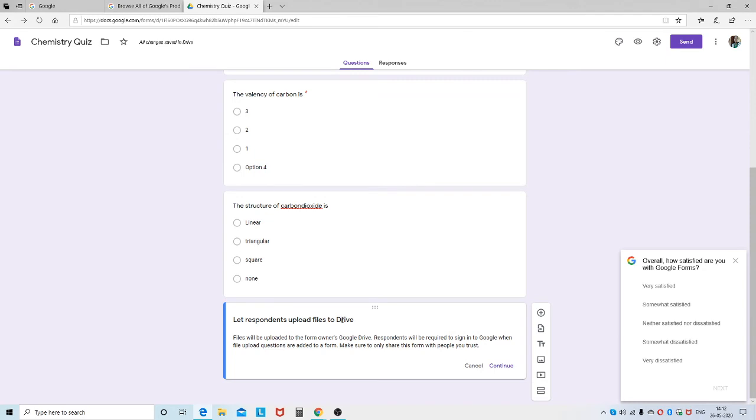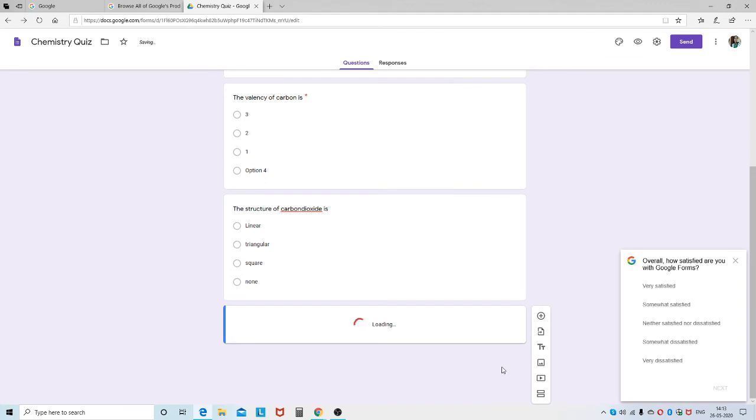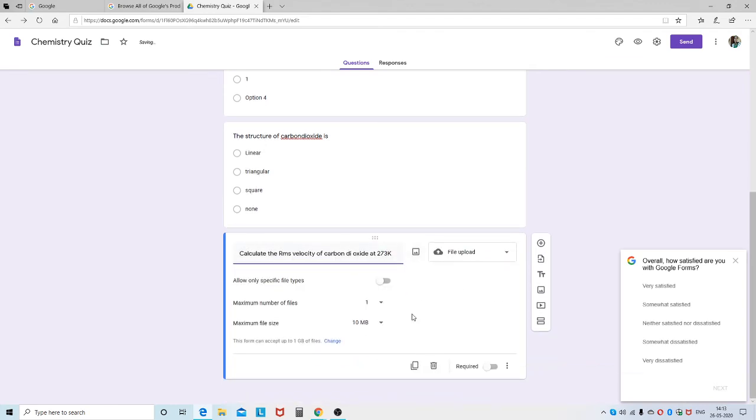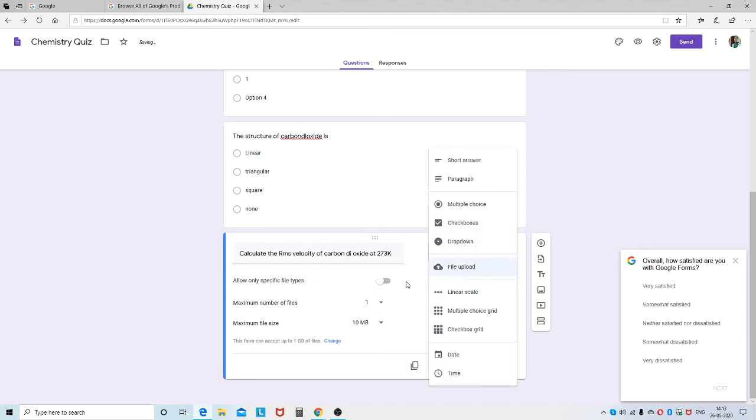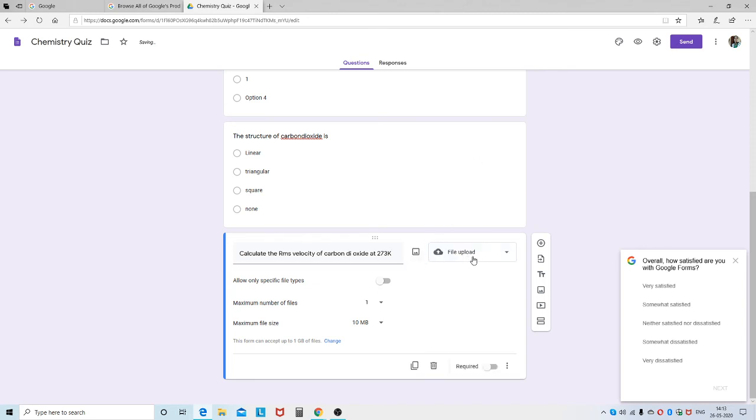Then you go here and you see the file upload, and in the file upload the respondents upload the files to Drive and they have to continue this answer. So in this we can see the file upload. They can upload the file in any form. That is the maximum size I have given. You can limit it to 1 MB or 10 MB or anything. So the maximum number of files. See, if you click this button,